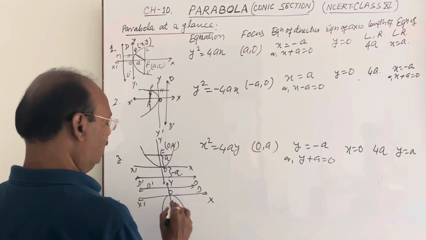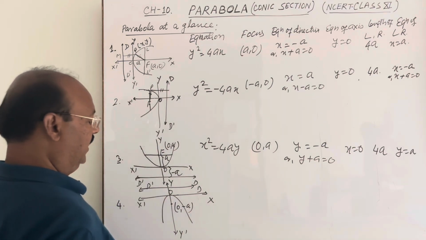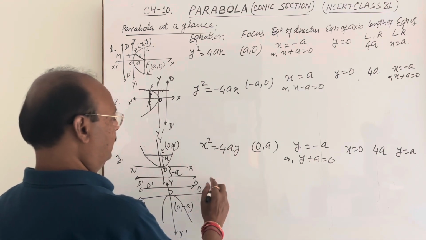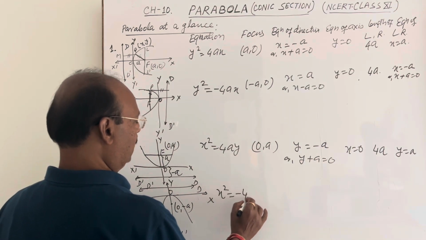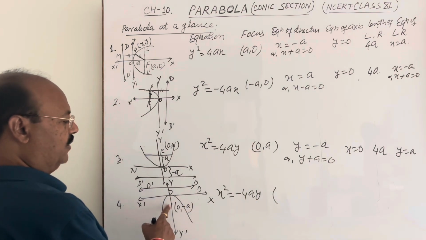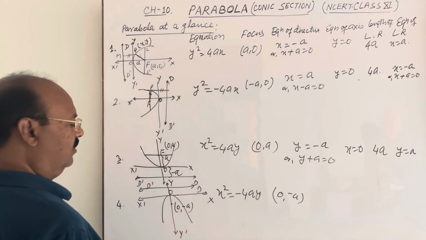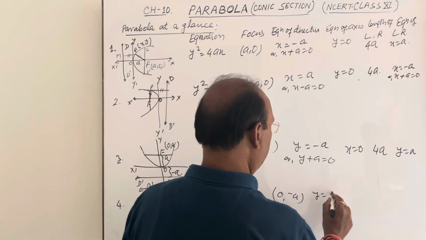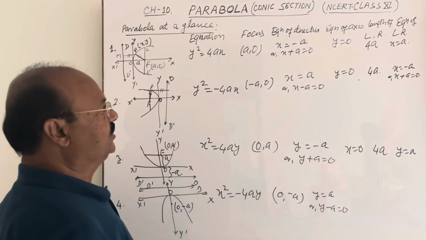Coordinates of focus will be, here x coordinate is 0 and y coordinate is -a, and equation of parabola will be, simply in place of a we have to write -a. We will get the equation of parabola in this case. This is x square is equal to -4ay, and focus is 0 minus a, and equation of directrix is y is equal to plus a. So y is equal to a or y minus a is equal to 0,